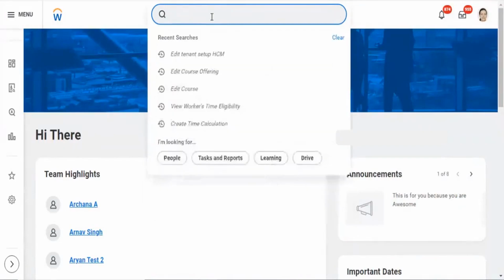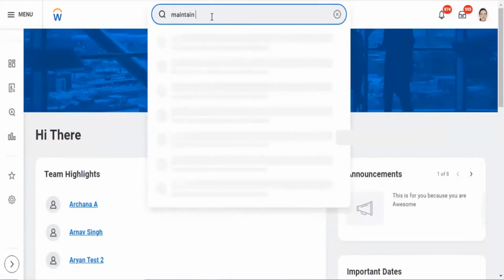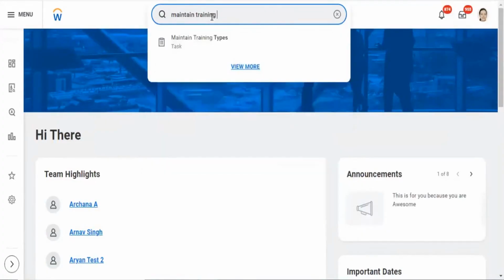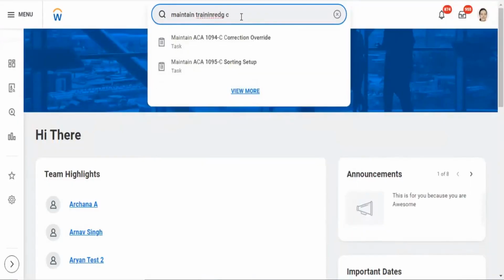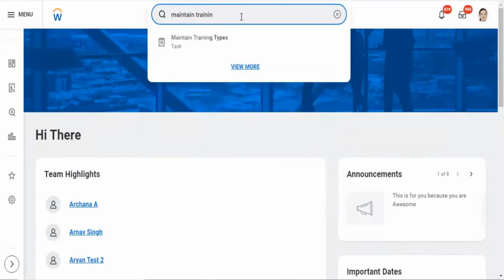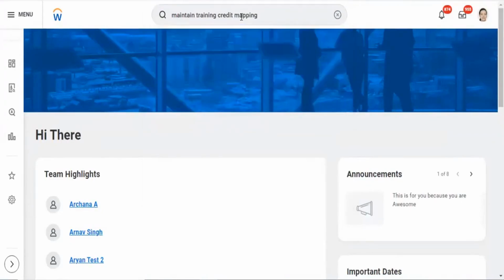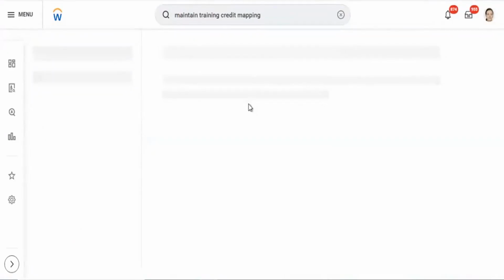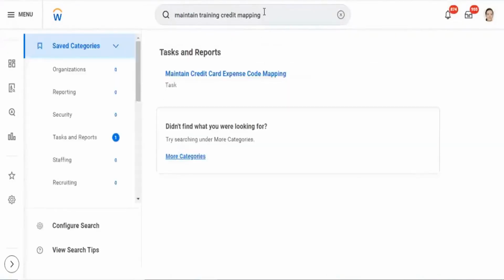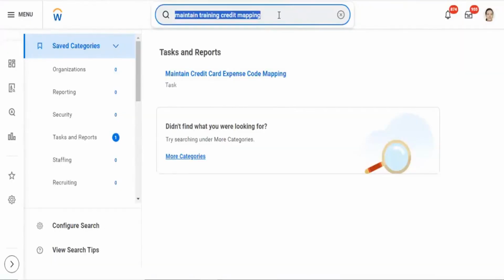That also, we won't have. Maintain tenant credit.